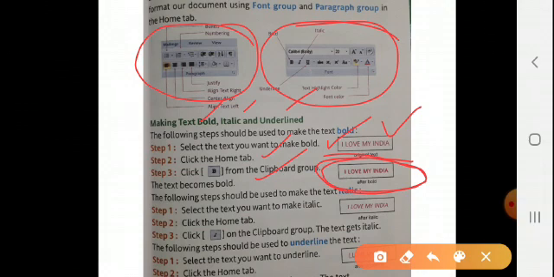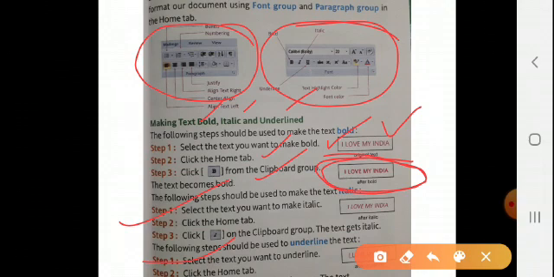Select the text you want to make italic, click the Home tab and click I. The text becomes italic. Now underline: same steps, just in the third step we select underline, so the text becomes underlined. You can see from the example, I love my India.